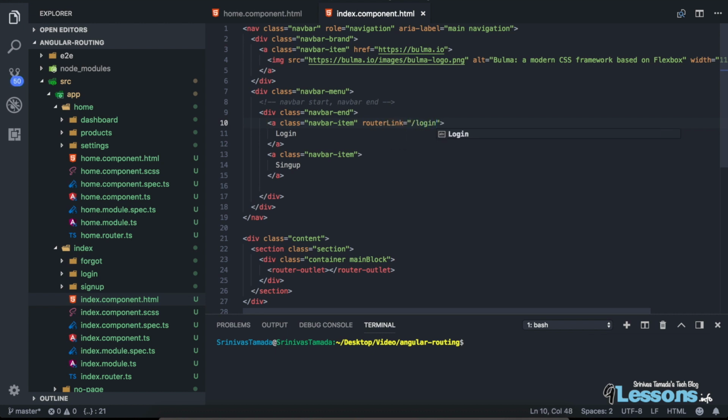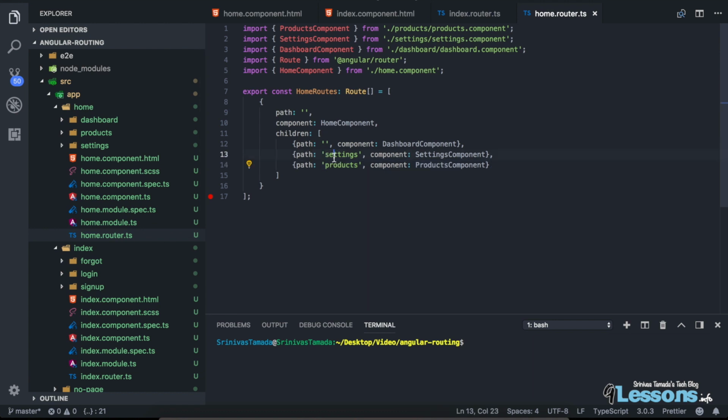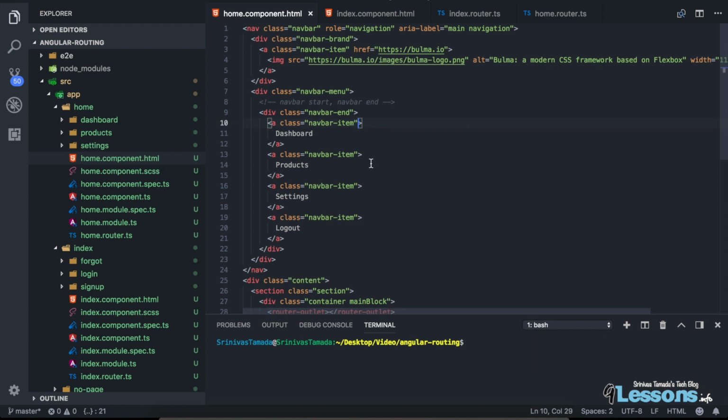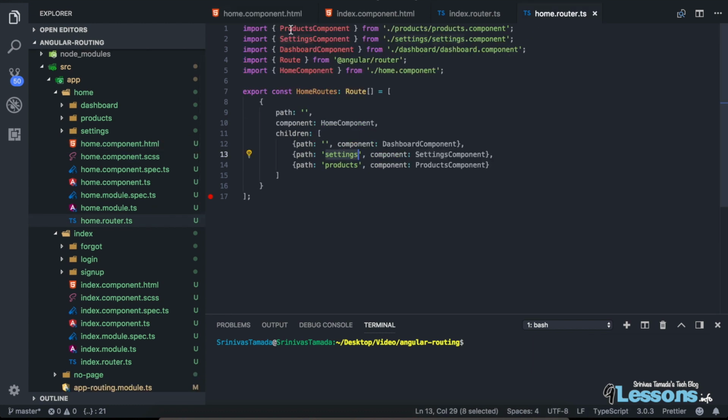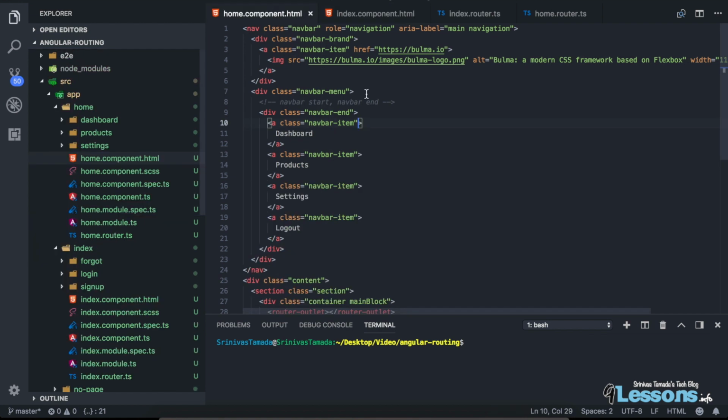This is login, and the same thing for sign up: copy, paste and change it. You will understand more if you watch my previous video. Here are the route names we specified, and the same way for home as well. So this is the dashboard. Dashboard is the default one, so you don't need to give anything. Just copy this and rename it, this is blank, and